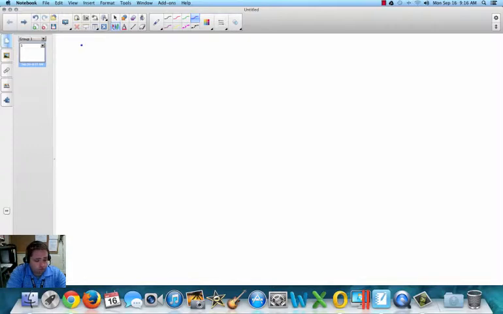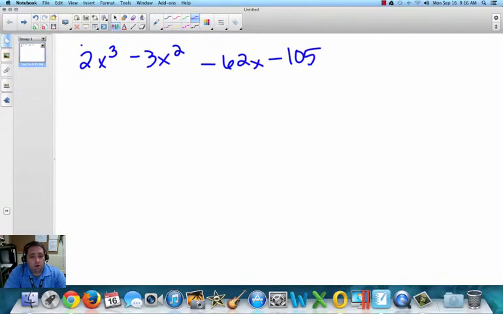We're going to do, let's try 2x cubed minus 3x squared minus 62x minus 105. That's the polynomial we're going to break down, and I'm being told by my example here that x plus 3